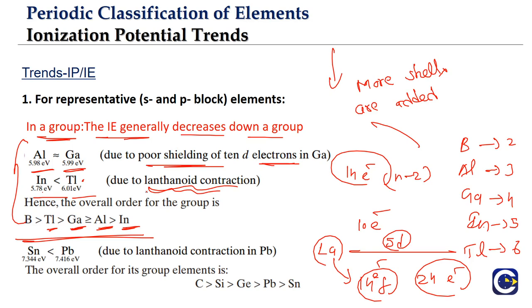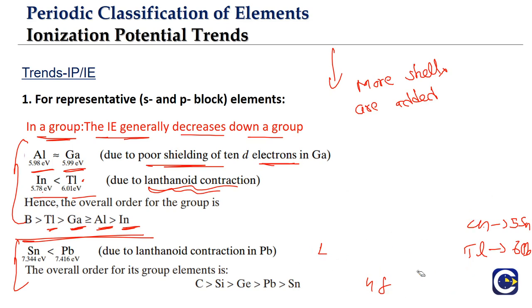Okay. Now the 14th group or 4A. Here also we have an anomaly that will come in the case of tin and lead. So again, where does tin come? Tin comes next to indium. So after indium, what is it? Tin. After thallium, what is it? Lead, Pb. So we'll just write it down separately. So where do tin and lead come?